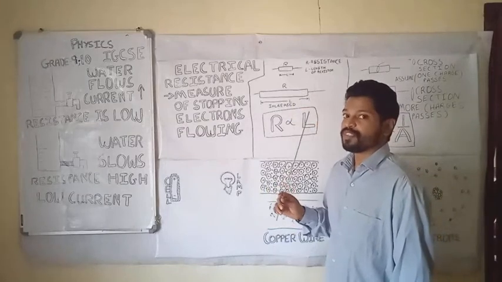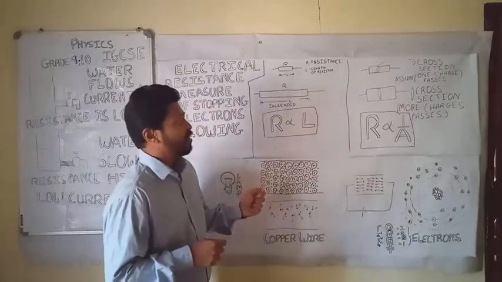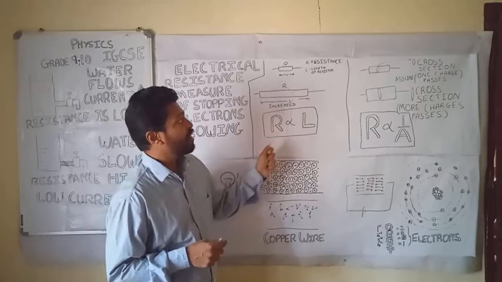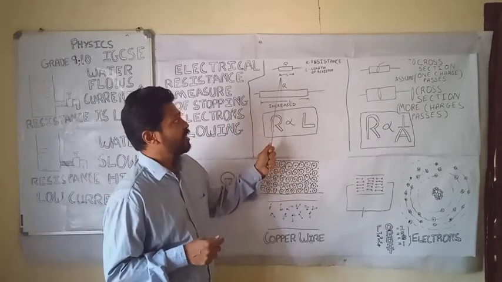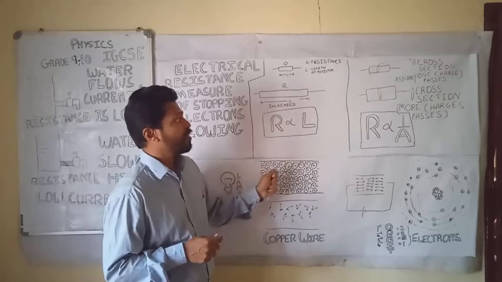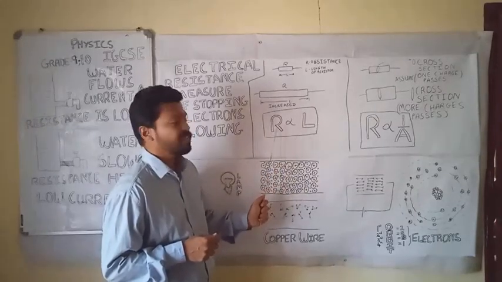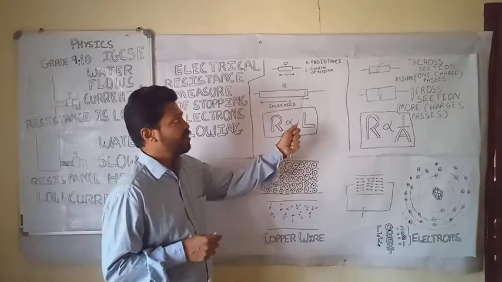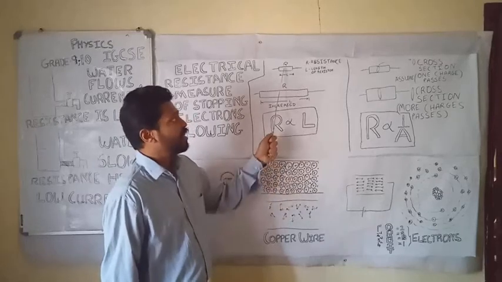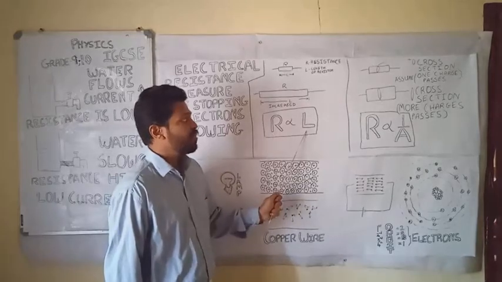Now there are two properties out here. For the resistance, as you can see over here, there is a diagram drawn. There are two properties of resistance. Once the length of the resistance is increased, right? This is L. We have taken another resistor where the length of the resistance is more. So the length of the resistor is directly proportional to the resistance. This R represents the resistance and L is the length of the resistor. Here it is increased, so the resistance also increases, the length of the conductor also increases.